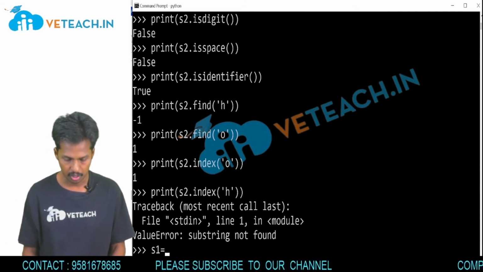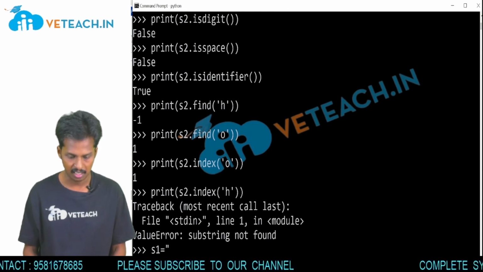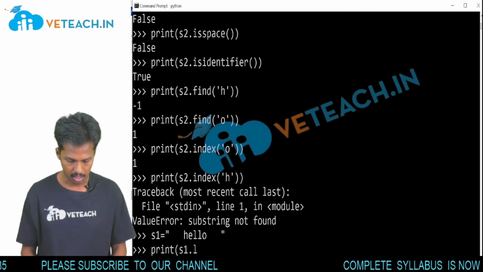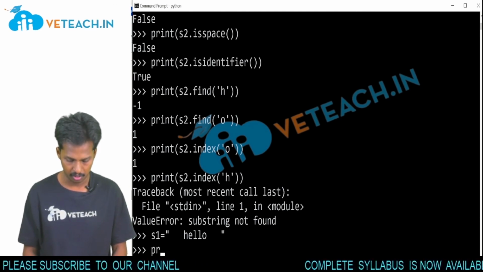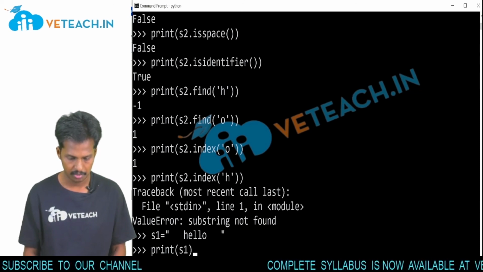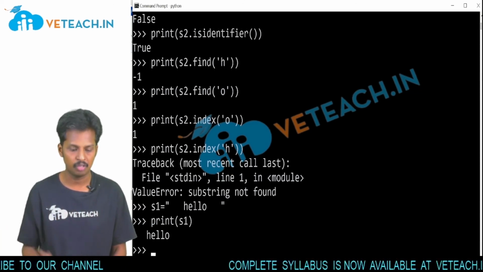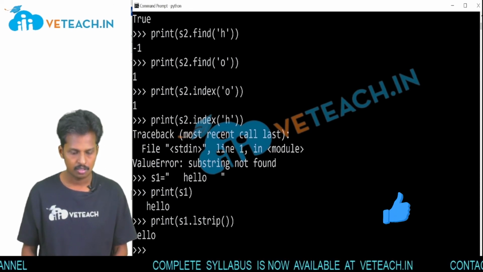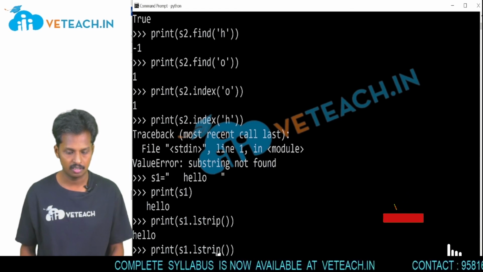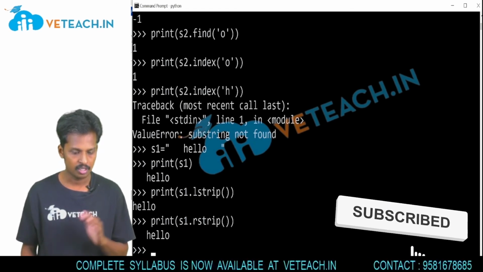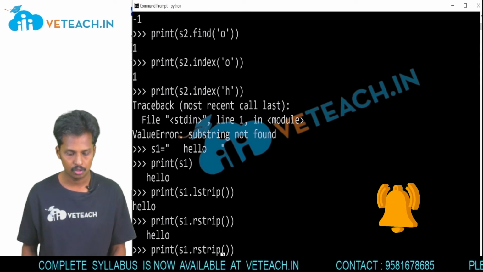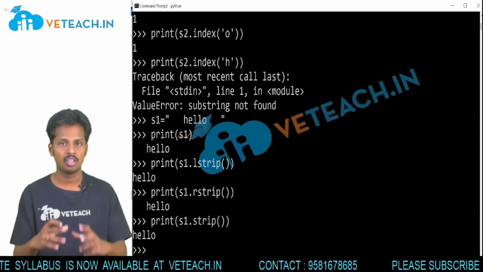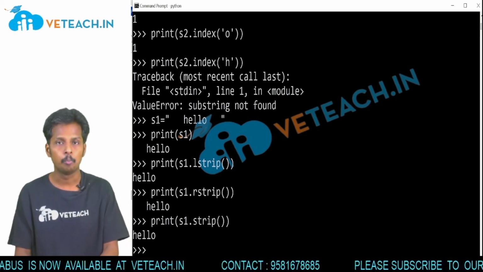Next, we'll try with a string initialized with empty characters at the start. Now we apply strip on it. s1.lstrip. First of all, try to print the string so you can see whether it was stripped or not. We have some white spaces at the start and empty spaces at the end. Print s1.lstrip. So hello was moved to the starting position. In the same way, if I write rstrip, the starting spaces remain and the ending characters were removed. If I write strip, both starting and ending will be removed. So these are all the methods that are present in the string module. Thank you.